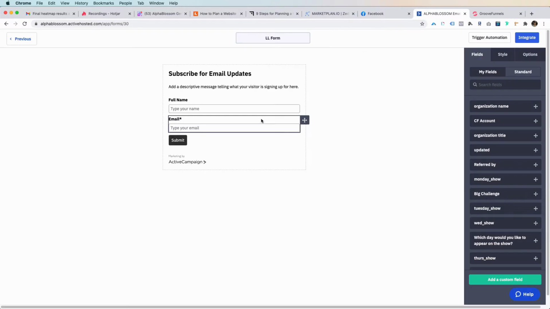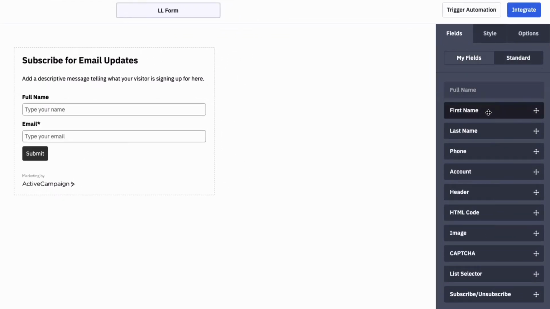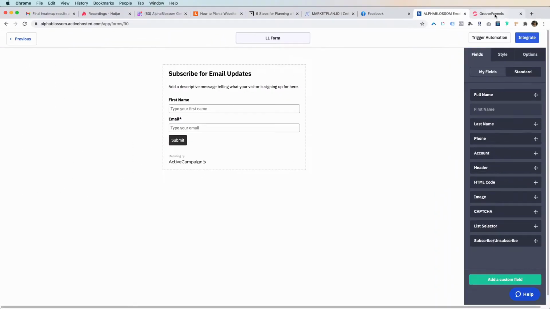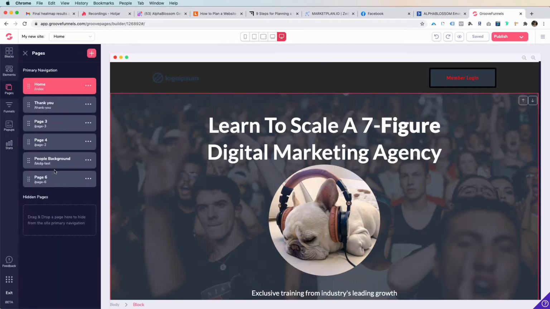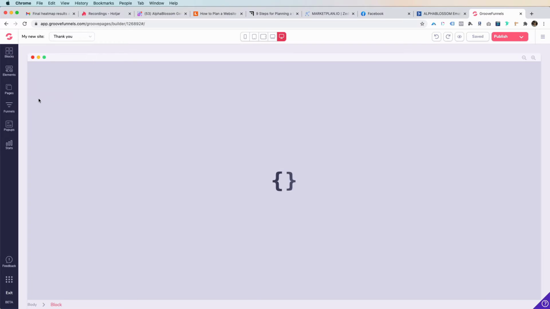And we just want to have a first name, so we'll come over here to the left and we're going to use the standard fields. We just want first name, and that's going to replace the name field, and email. And then before I do this, I'm going to set up, I got a thank you page here, so I'm going to grab this URL,